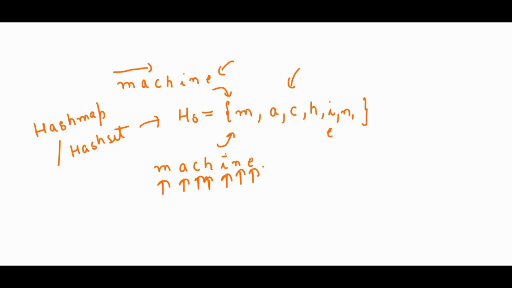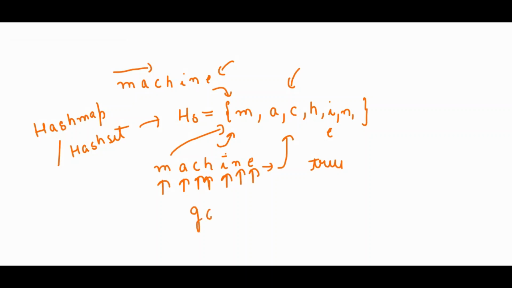As the string has been traversed and there are no repeated elements in this string, I will return true from there. Because we are simultaneously checking and inserting the elements in the hash set, whenever there is some element which is repeating, we would have already found it while traversing. Okay. Now let's take another example.